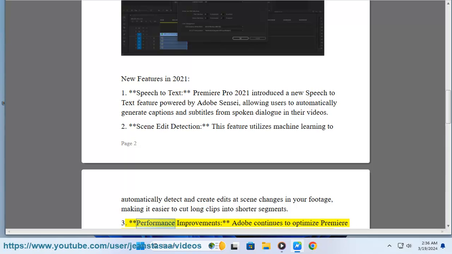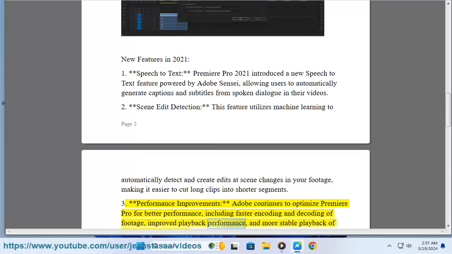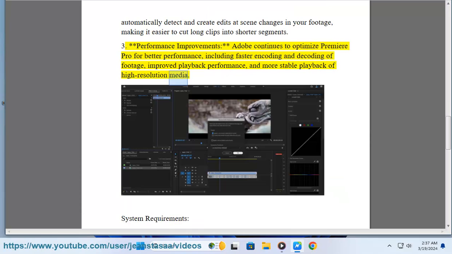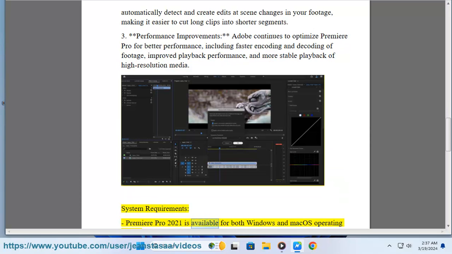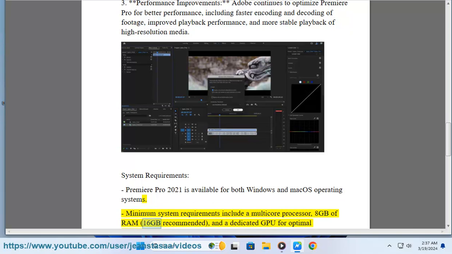3. Performance improvements: Adobe continues to optimize Premiere Pro for better performance, including faster encoding and decoding of footage, improved playback performance, and more stable playback of high-resolution media. System requirements: Premiere Pro 2021 is available for both Windows and Mac OS operating systems. Minimum system requirements include a multi-core processor, 8 GB of RAM, 16 GB recommended, and a dedicated GPU for optimal